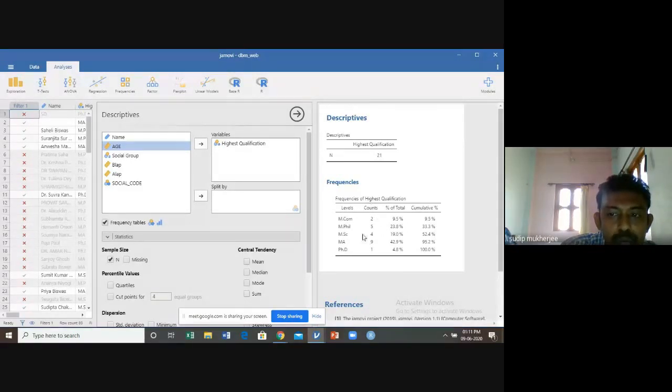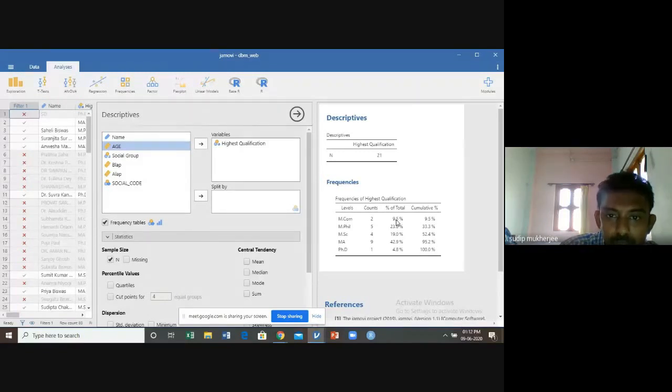This gives you the frequency table of the highest qualifications. Among the 21 participants, one, that is 4.8%, has a PhD, 42.9% have an MA degree, 19% an MSc, 23.8% an MPhil, and 9.5% an MCom.